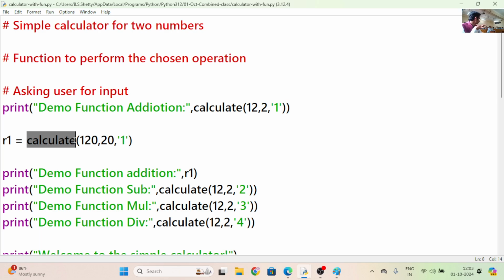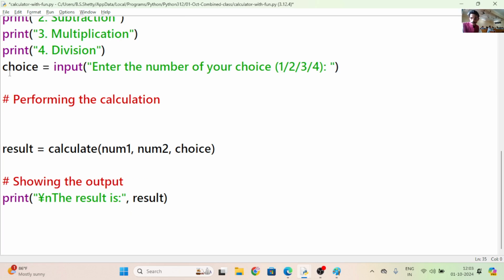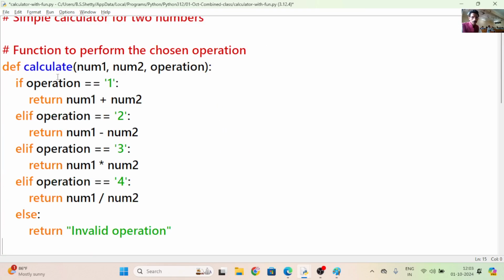समझलं? So before I call the function, it must be defined. Clear है? It must be defined. समझलं? If you do not define the function before you call it, you get an error. So do not make these mistakes. These are 90% of the mistakes in the examination. Clear है?